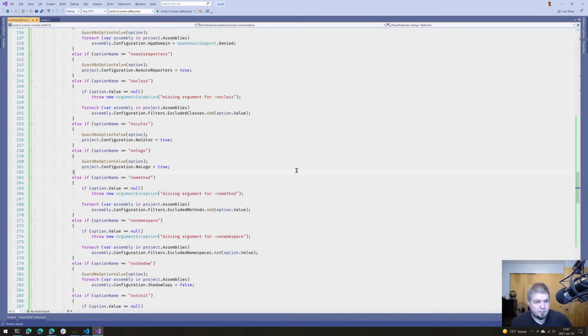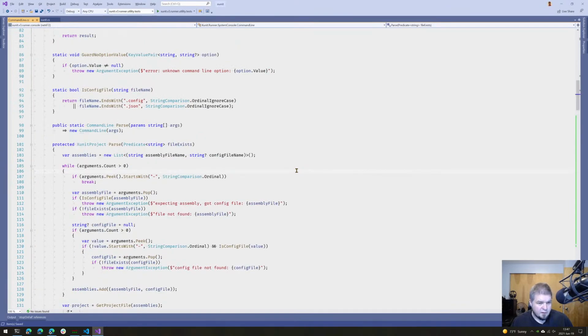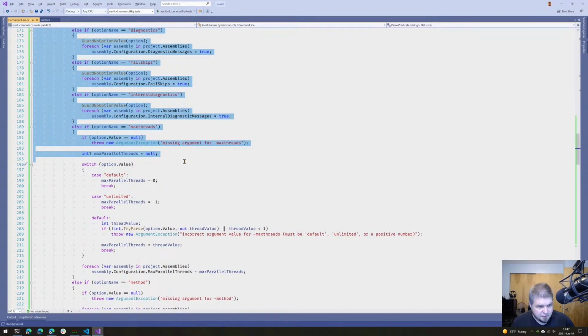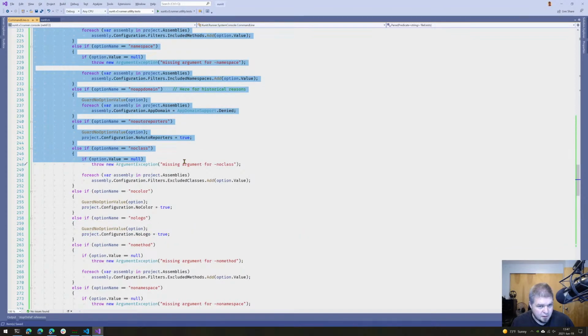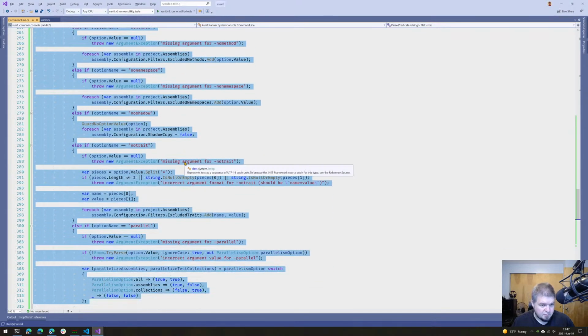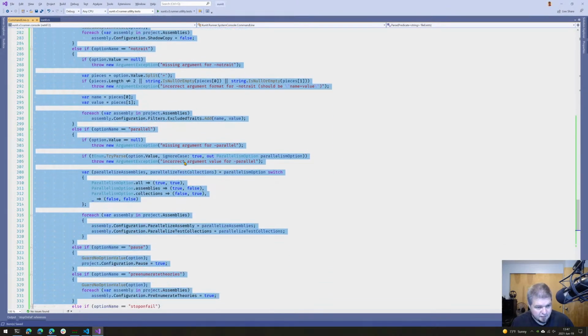Very good. So, all of this code is the same, except there's a couple of things we don't have in the other side. And we can get rid of the historical, well, the no app domain doesn't even really matter anyway,